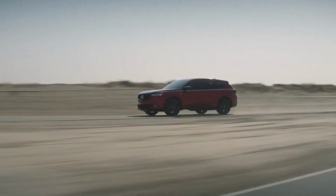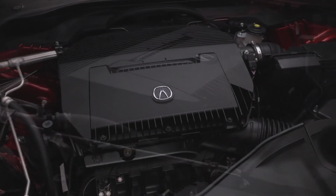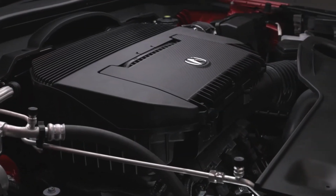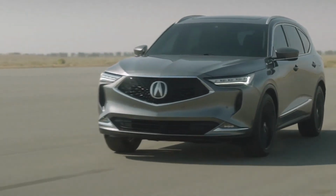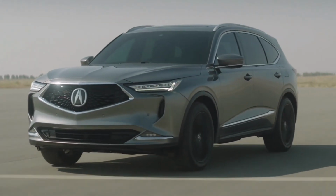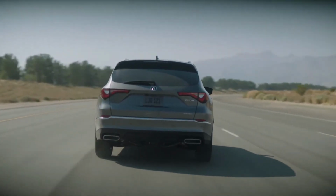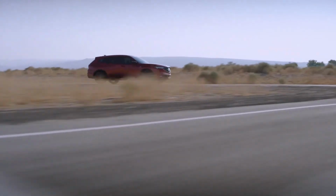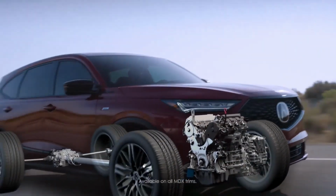In terms of power, our 3.5-liter VTEC V6 is a tremendous power plant and a customer favorite for good reason. It delivers incredibly smooth, immediate, and consistent power, which is especially important for an SUV carrying 7 passengers. But the really critical change is that it's now paired with our in-house 10-speed automatic. On top of that, we're applying the latest generation of Acura's super handling all-wheel drive technology to the entire MDX lineup,